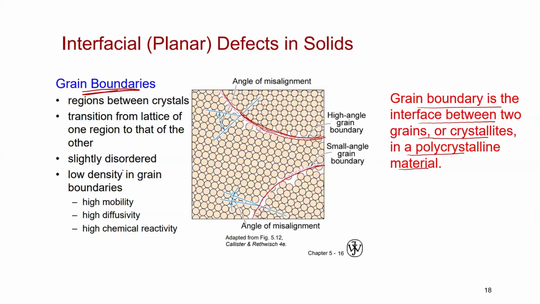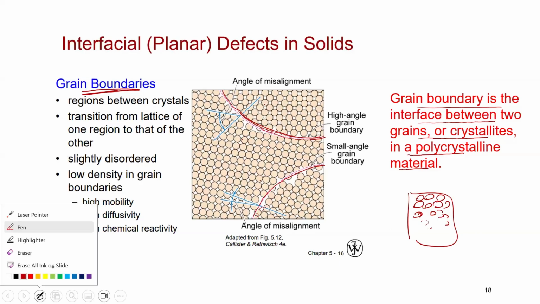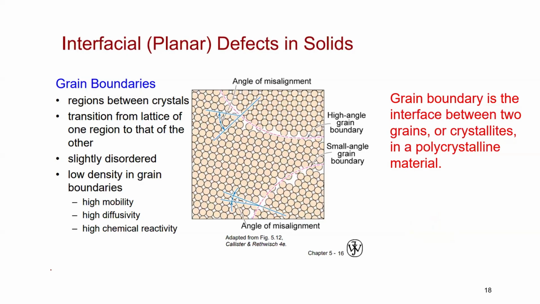So slightly disordered, we can't say where it is, it's just randomly staying. Low density in grain boundaries, high mobility, high diffusivity, high chemical reactivity. So grain boundaries are weak because if we have atoms staying continuously in the same way, it is stronger. But this is happening when you heat up and cool down a metal,